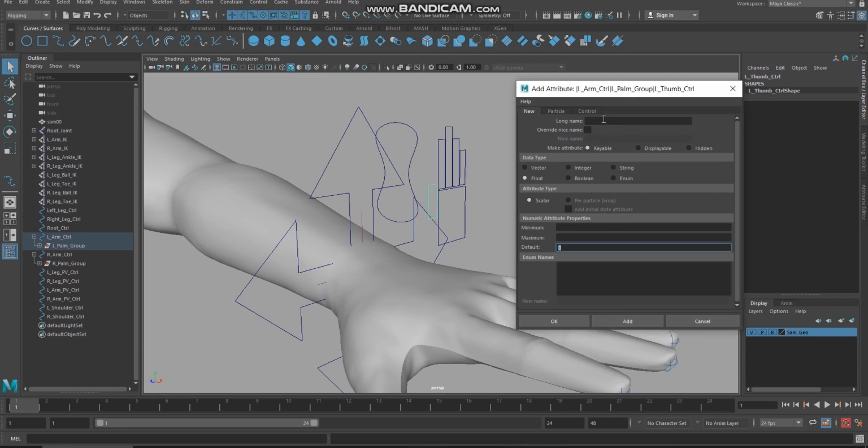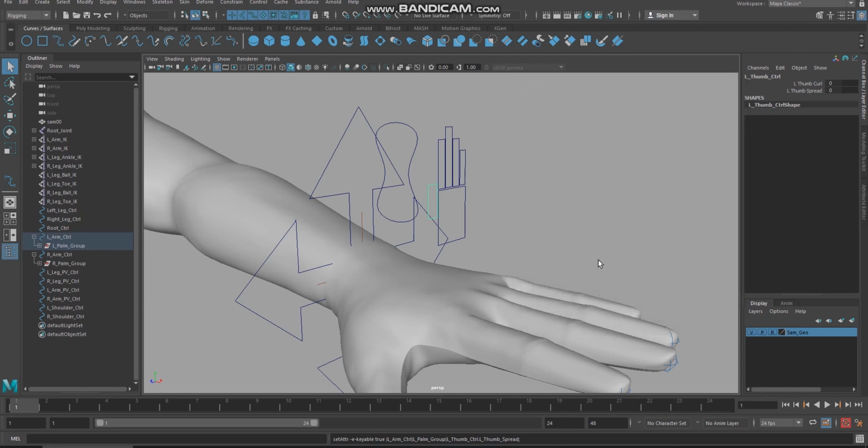And thumb finger, again left thumb curl, -10, +10, add. Again left thumb spread, -10, +10, add. That's all. Okay,